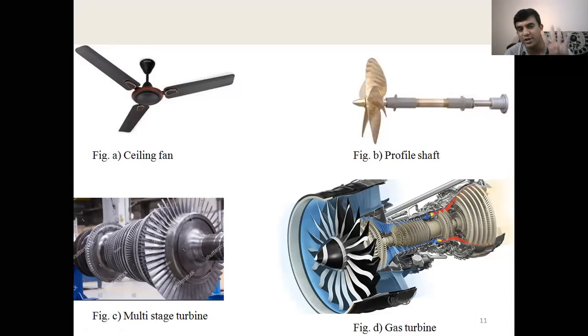Which case? There are 4 cases of balancing the rotating mass. One is a single mass rotating. That is a single disturbed mass. Then how do you make it balance? By giving a single counterbalance mass located in the same plane.